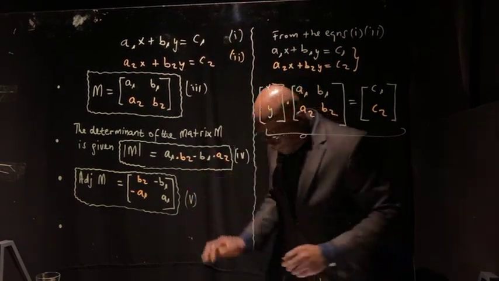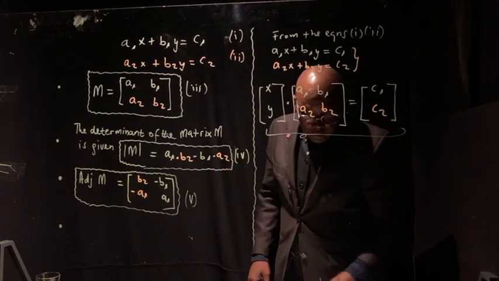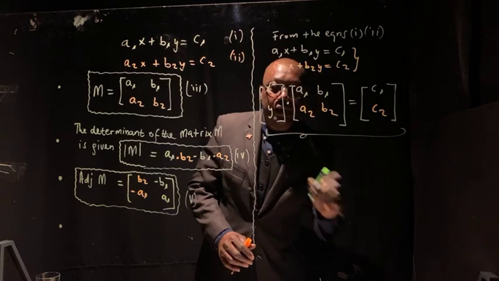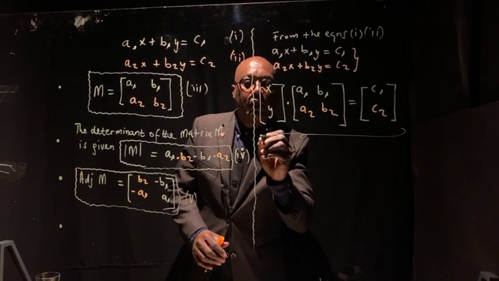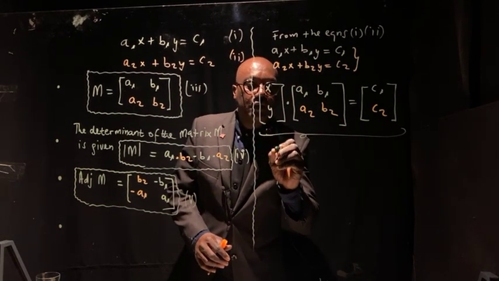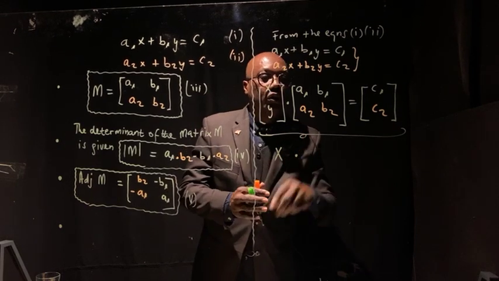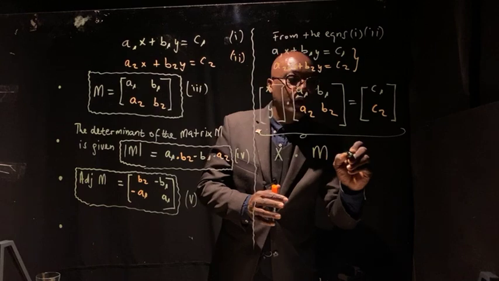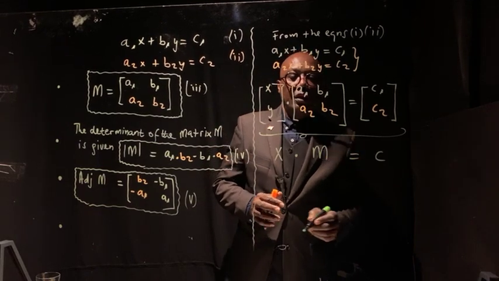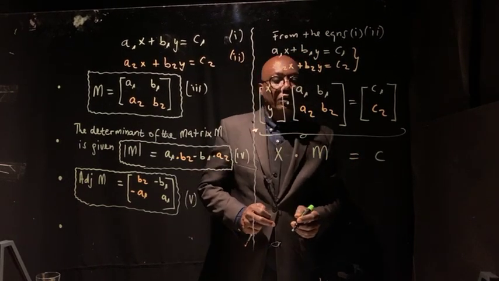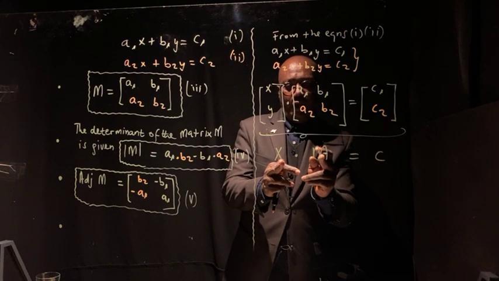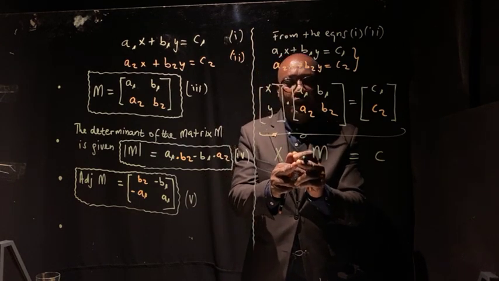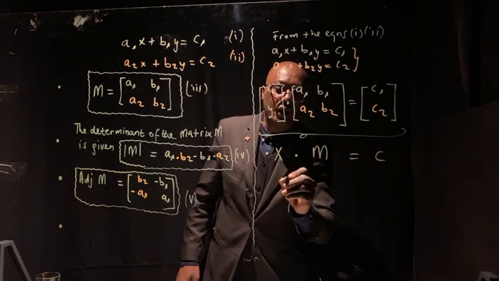As I said, this one I will denote by big X, multiplied by the matrix M, equal to C. Now, what you are going to do is, watch this equation carefully. I will try to make X the subject. If I make X the subject, you can see that I'll have X equal